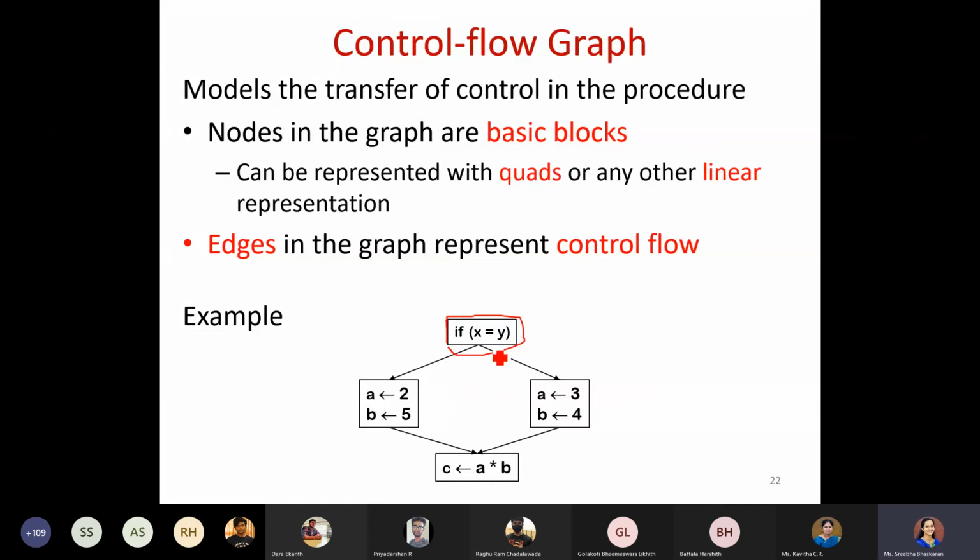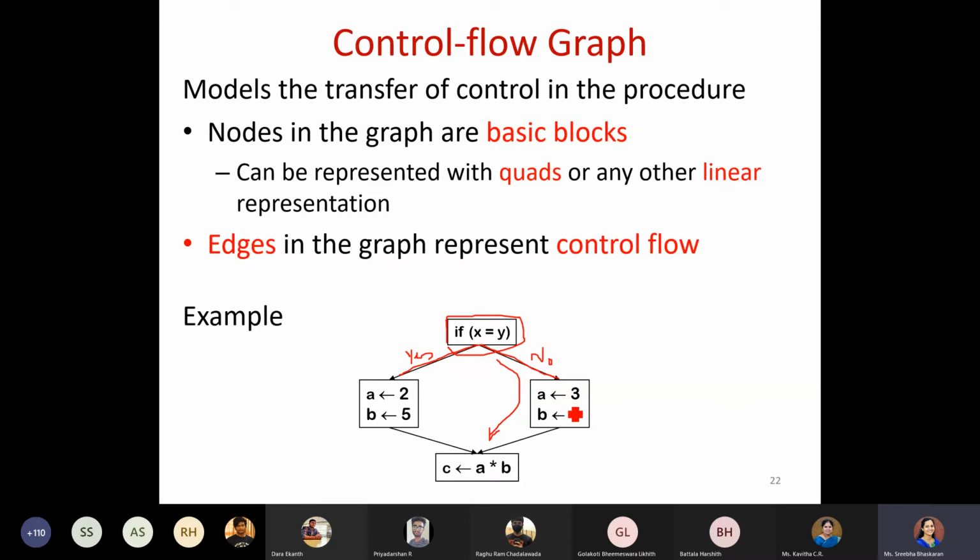And each basic block is connected by arrows, so a flow has been shown. By using these arrows, you have mentioned the flow. From one block, x is equal to y, flowchart-wise, if it is true, it moves in this direction. If it is false, if it says no, then it will move towards this direction. And once you are done, either from yes or no, you will come to this statement.